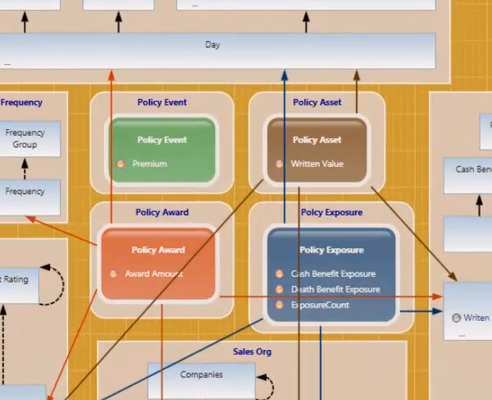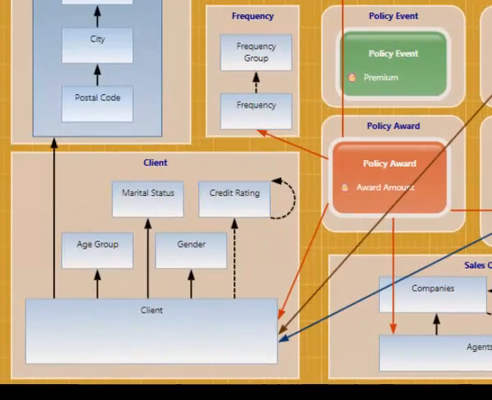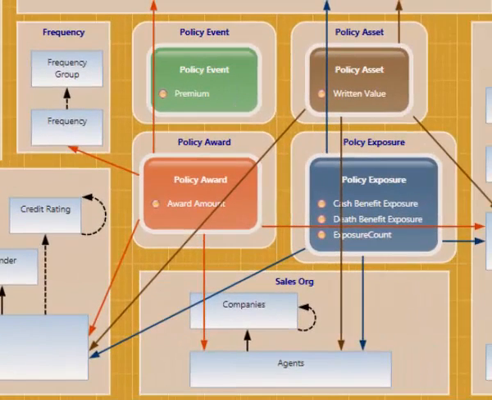Here we're analyzing the exposure to policy benefit payments, as well as the actual benefits paid and the policy assets themselves. Those transactions are represented by the rounded boxes in the center of the model. Lines of the same color as the transactions link them to tan square boxes. Those square boxes define the reference data at the life insurance company, the company's products, customers, and sales organization, for example. The blue boxes inside the tan ones describe the various hierarchies and business rules of each of those types